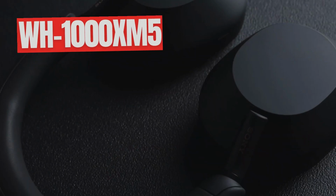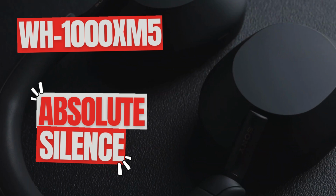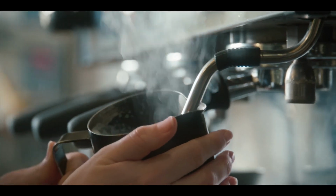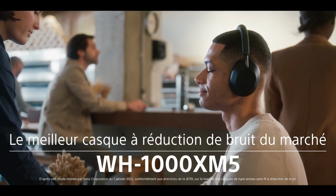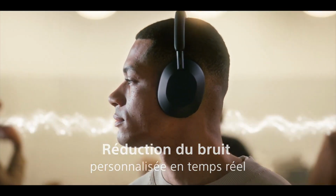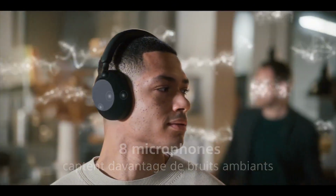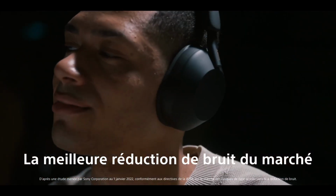Sony, a renowned brand in the audio field, has solidified its position in the market for noise-canceling Bluetooth headphones with the WH series. The WH-1000XM5, the latest evolution of this range, is now well known among sound enthusiasts as it retains the elements that made its predecessors successful while making significant adjustments. This model has managed to stand out since its release. But how does this headset really hold up in an increasingly competitive market? Does it live up to Sony's reputation? And most importantly, how does it compare to its predecessor, the highly regarded